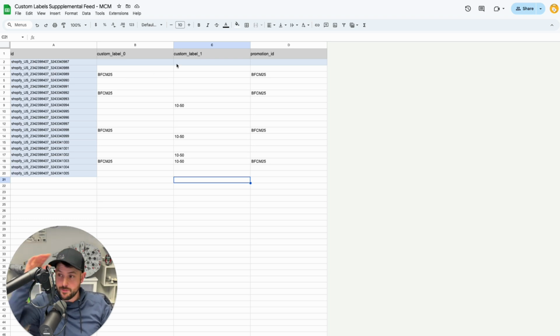It's up to you. Some people like one supplemental source for all of the information they're doing. I'm a fan of organization. I'm a fan of quick looks, right? I like having my things in a box. So I like having a supplemental source custom label feed. I like having a supplemental source that's maybe